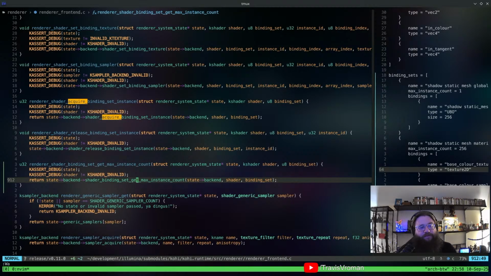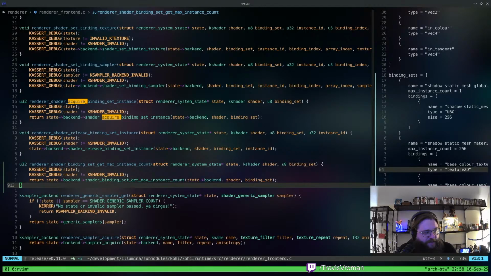But the whole purpose of this was to separate out that Vulkan state into something else that the rest of the engine doesn't have to worry about. And this is the cost we pay for that. There is no such thing as a zero cost abstraction, right? So this is one of the cases where I think it's worth paying that cost. That cost is fine. I'm okay with it in this case because of the benefits we get from it. Ordinarily, I'm not okay with paying it.